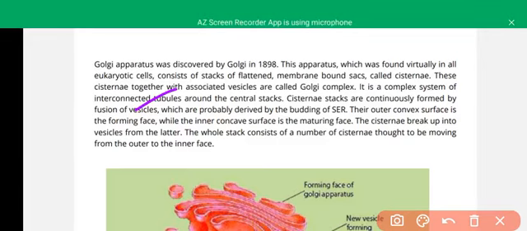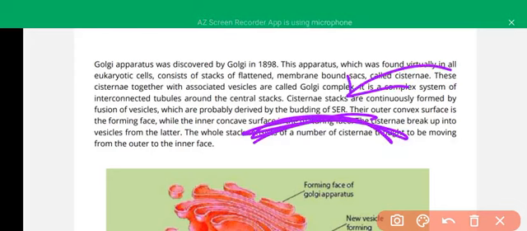Cisternae stalks are continually formed by fusion of vesicles. These vesicles form and combine with each other, and this combination of vesicles is actually the Golgi complex. They are coming from the smooth endoplasmic reticulum. We have already discussed it. The outer is the convex surface, which is the forming phase. Here the vesicles come from the smooth endoplasmic reticulum, and the maturing phase or the cis phase, trans phase